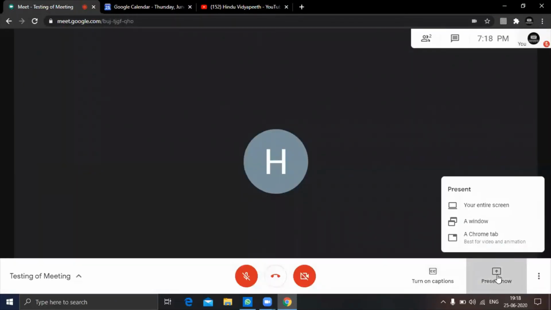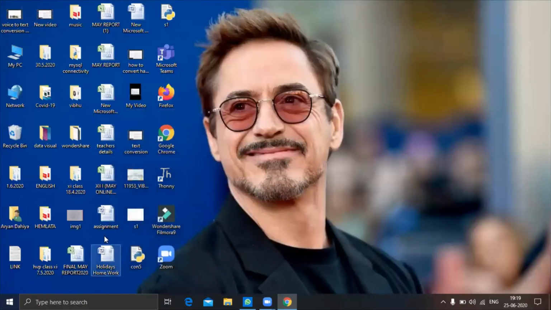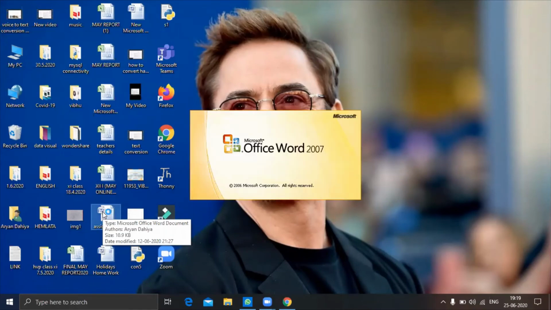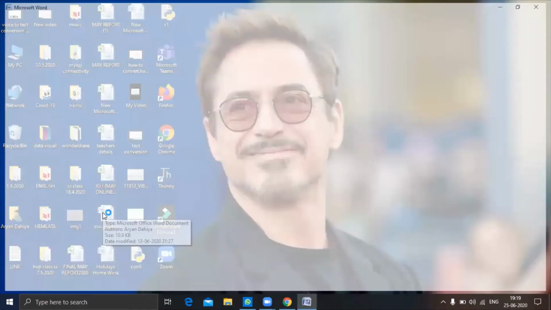Now next option is a window. Suppose you want to show a window containing some assignment or a Word window or a PowerPoint presentation, then you have to just minimize it and open. Suppose I am opening here a Word file, that is an assignment, and I want to share this assignment with students.